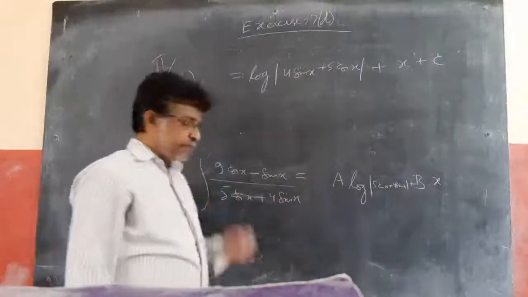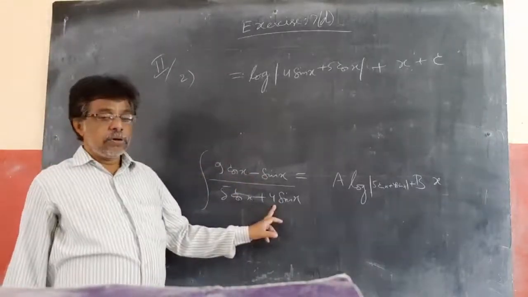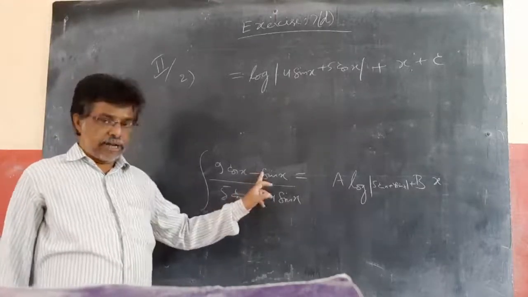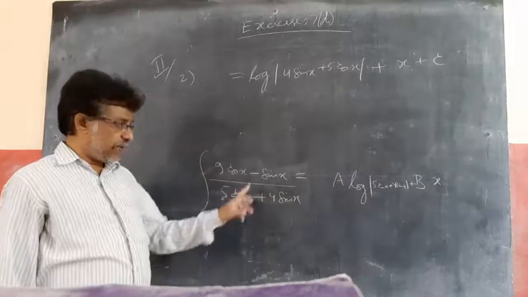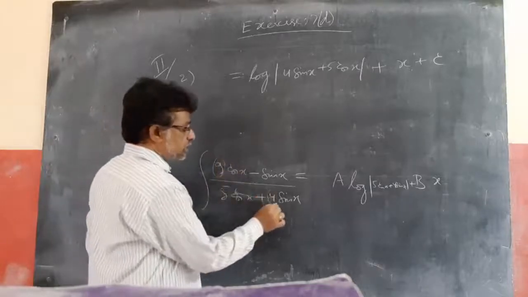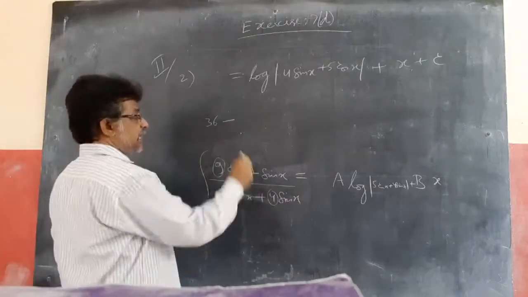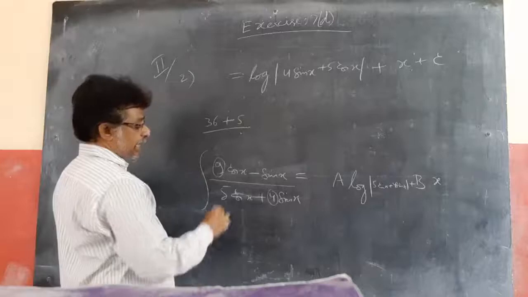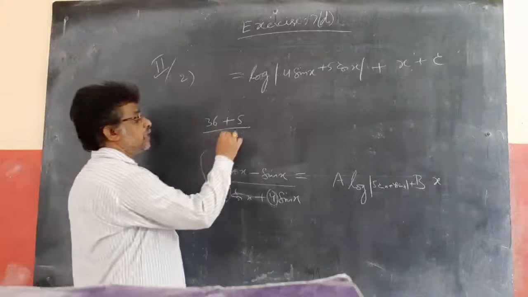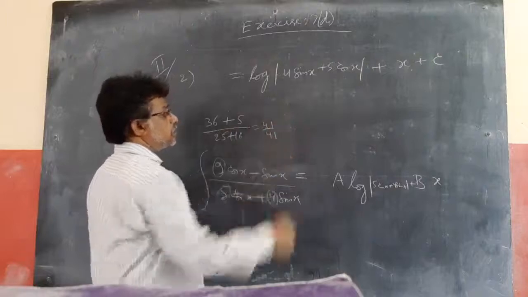For finding a and b, you just do this into this minus this into this. So 9 into 4, 36, plus this is 5, so 36 plus 5, 45... 41 by this. This into this, how much? 36, minus this into this, minus of minus, plus 5, divided by this square plus this square, 5 square plus 4 square. How much? 41. 5 square is 25, plus 4 square is 16. 41 by 41, so your a is 1.